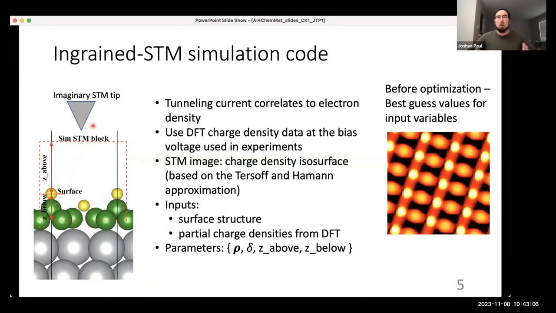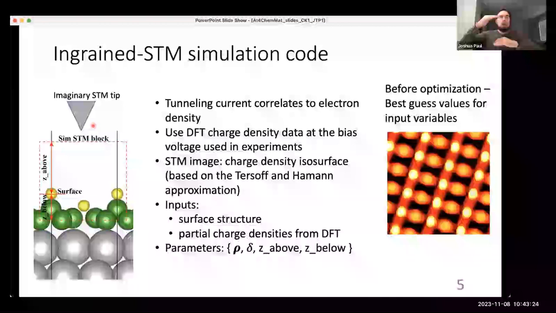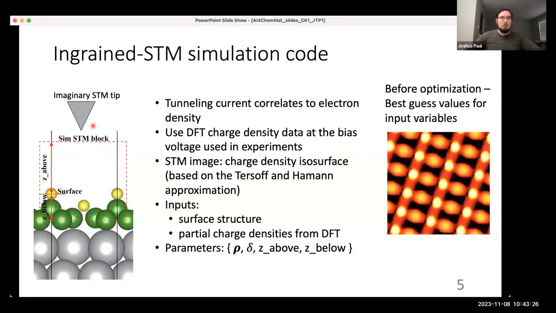We have the partial charge density from DFT, but we don't just have a single isolated bias voltage. We have a window because DFT is an approximation. And so as a result, you're going to want to have a little bit of a window of partial charge densities to scan through when you're trying to match against the experimental image. You have a simulation of how high above the surface the STM image is being captured, how deep into the surface that this imaginary tip is capturing the partial density of states, and various other tuning parameters, such as the